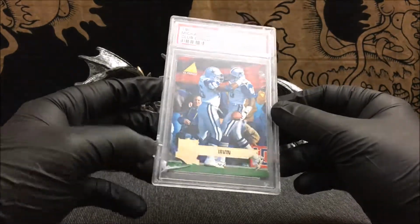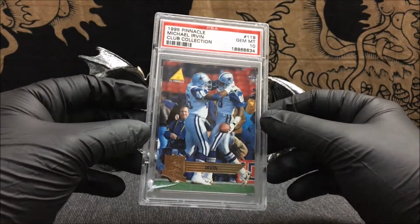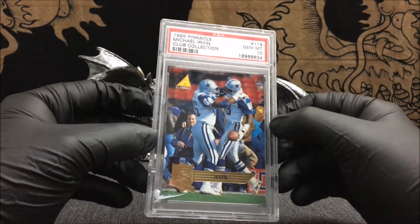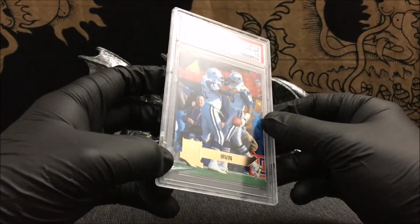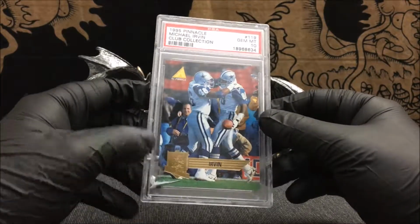I don't know if maybe I saw it and just went with it, but I don't think I would have picked it up if I noticed the crack. But still, a PSA 10 Gem Mint 1995 Pinnacle Club Collection of Michael Irvin, which I believe is a Pop 1. That fracture there kind of bums me out, because I think it costs like $21 or something shipped